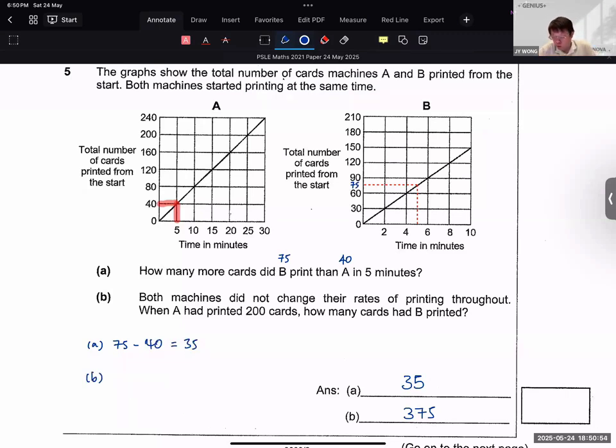Part B. Both machines did not change their rates of print throughout. When A had printed 200 cards, how many cards had B printed? How long will A take to print 200 cards? That's the first thing you ought to figure out, right? You can read that off the graph, right? A would have taken 25 minutes